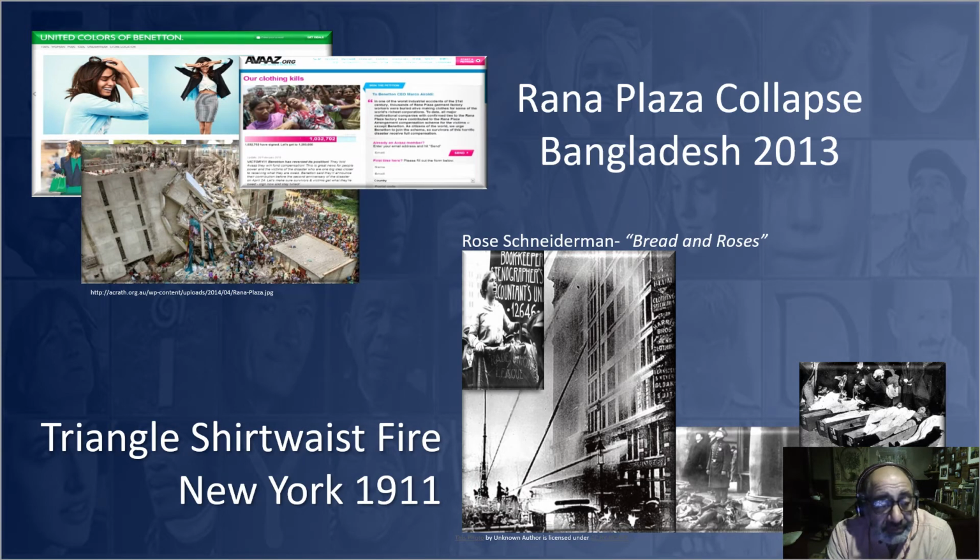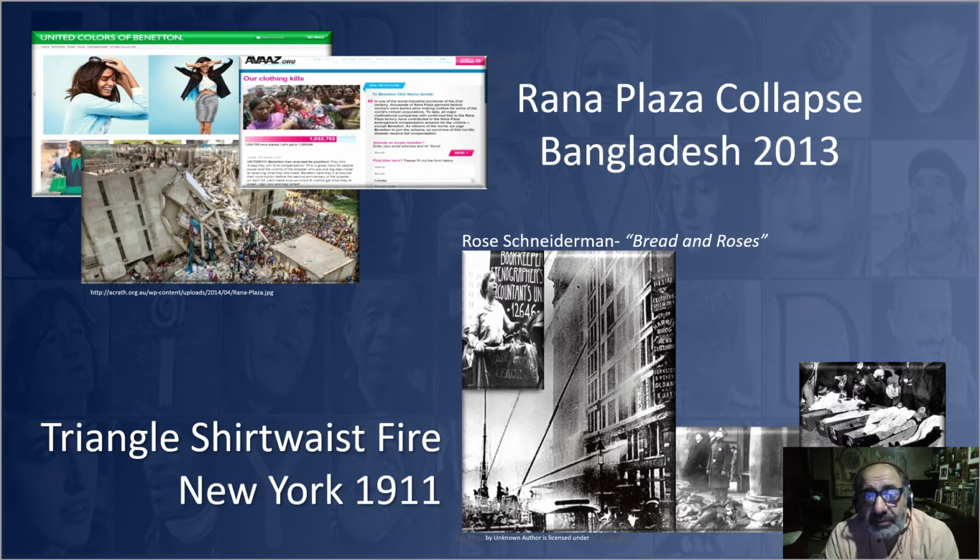So in 1911, it was the Triangle Shirtwaist Fire. In this case, a fire broke out, and you'll see it when we do our tutorial. A fire broke out on one of the floors, I think it was the 8th floor. The women couldn't get out because the doors were locked, and they were locked because the bosses liked to